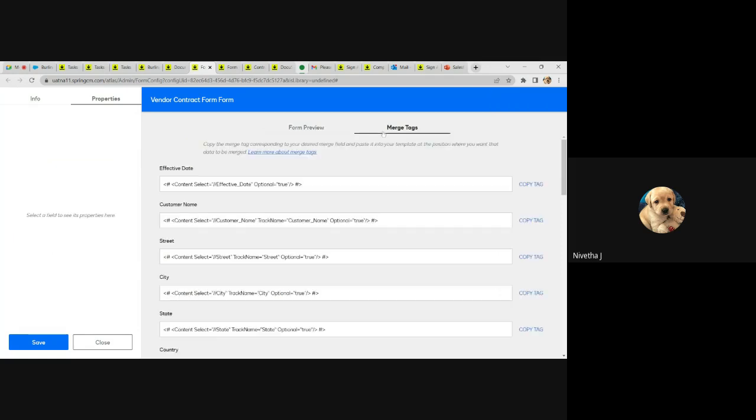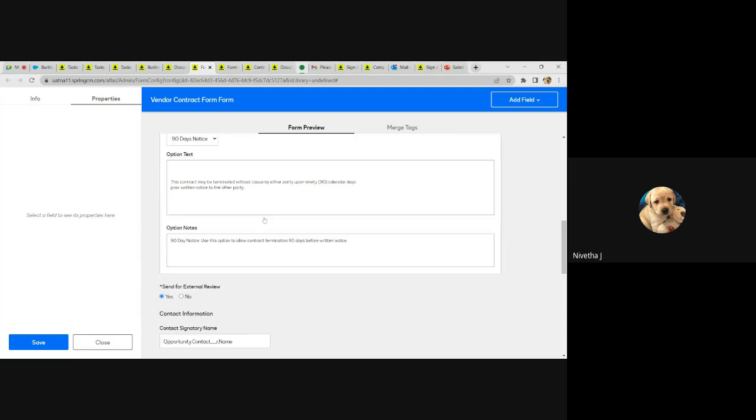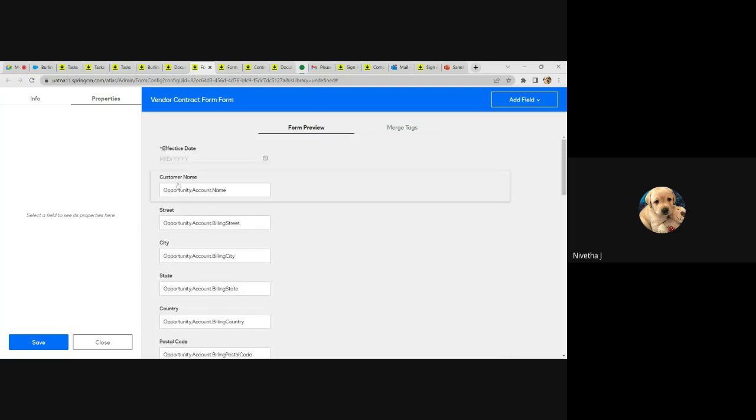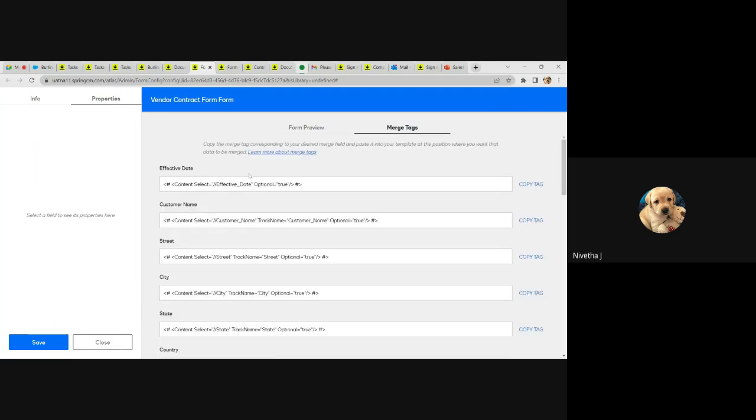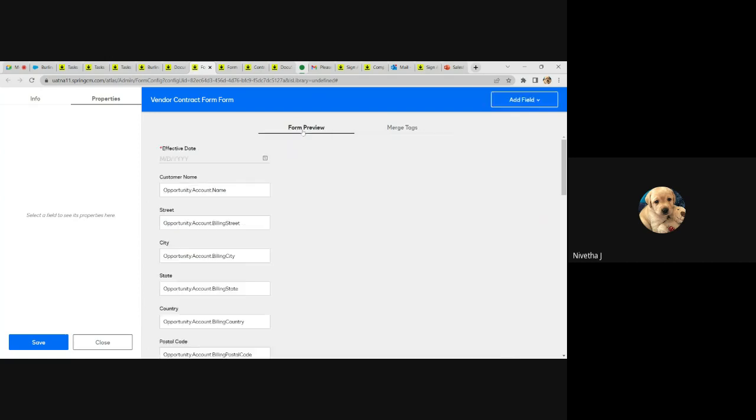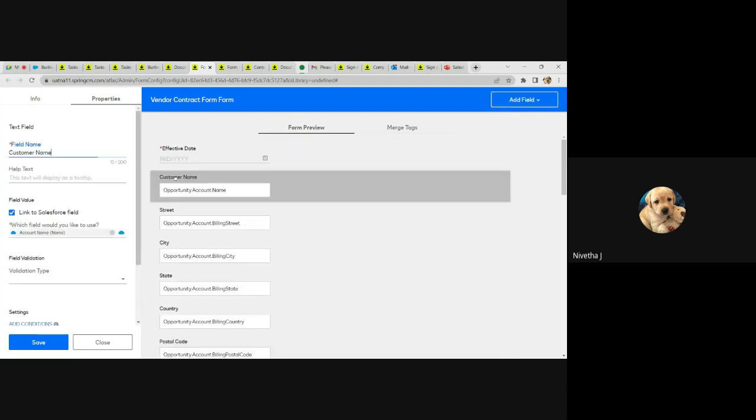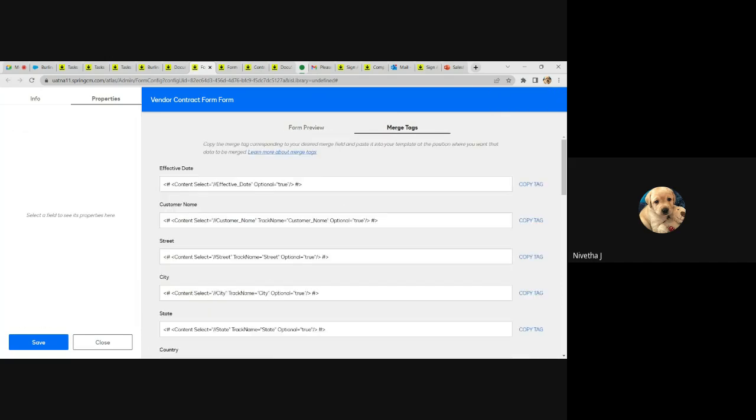And merge tags. This is the major role in this document template. So if we have a form with various fields here, right? We can also get a merge tag code for each field. If you would like to add this customer name field to a template, then you can get the merge tag for that customer name field, this code. You can copy this and paste it